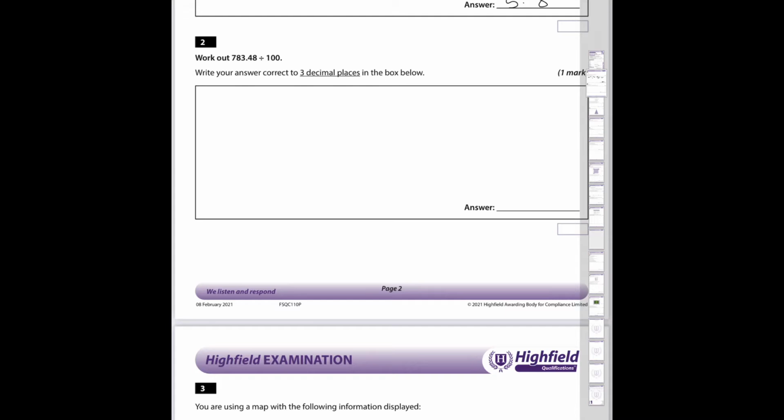Number 2, work out 783.48 divided by 100. You can do that with a calculator, as you've got a calculator to hand. Equally, you can just move the decimal point 2 places to the left. So your number is 7.8348. Now it says to 3 decimal places, so we round that,